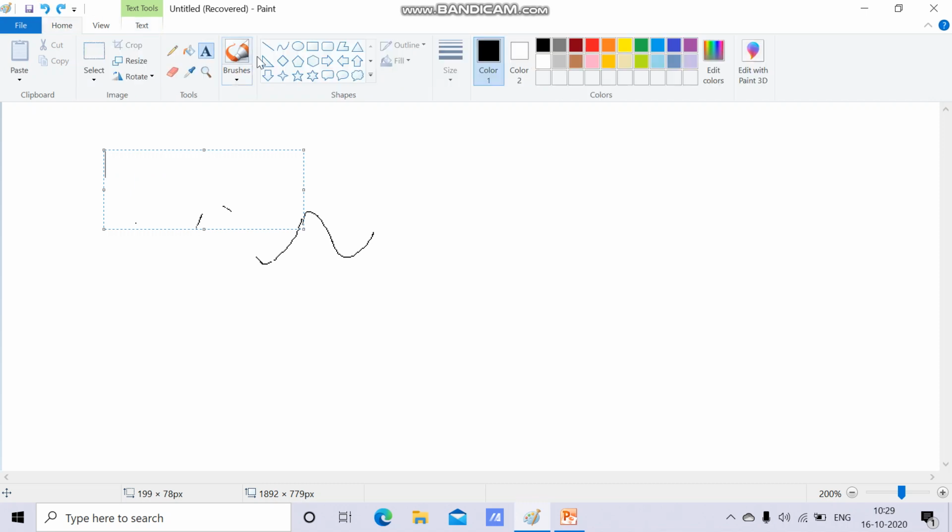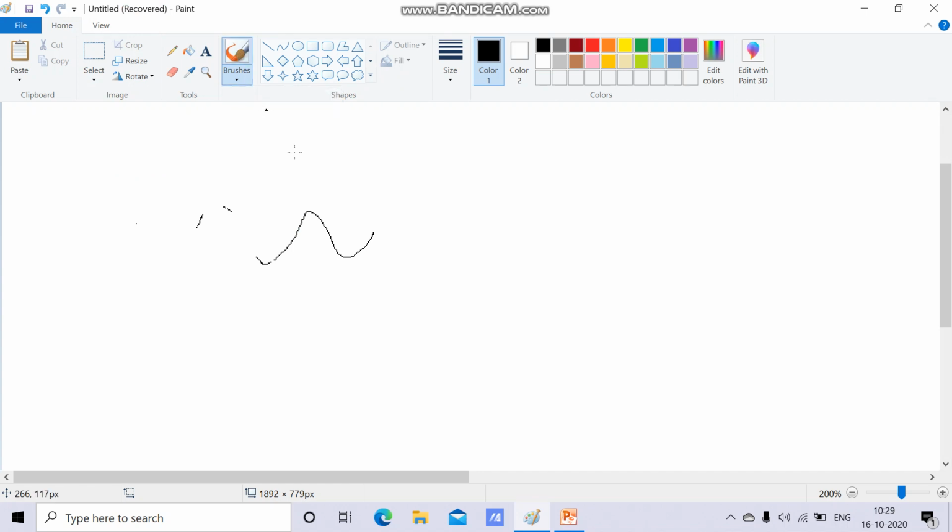Now, this is the brushes. I have already told you different sizes of brushes which you can use to work with, and these are the different shapes which are present, and you can use these shapes to draw directly. You don't have to select the pencil and draw a star with the help of a pencil.